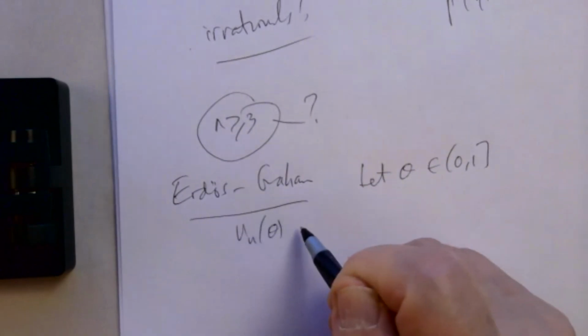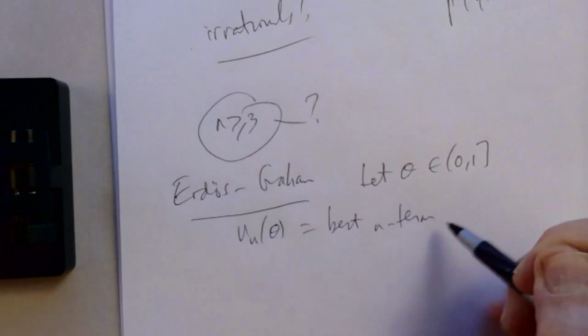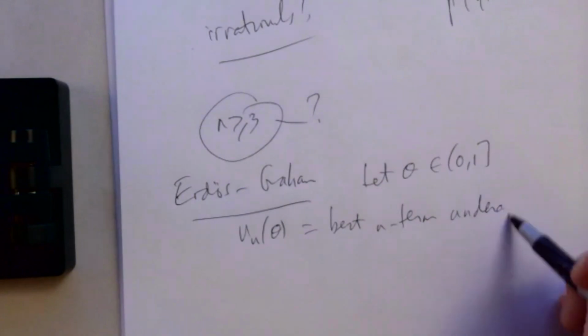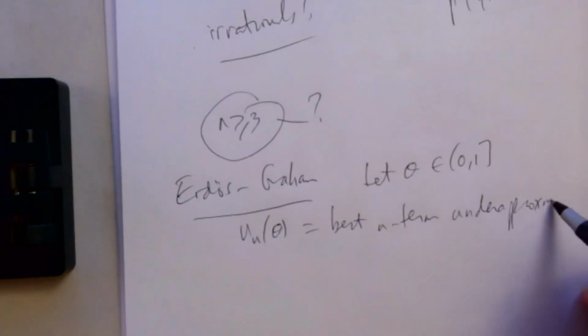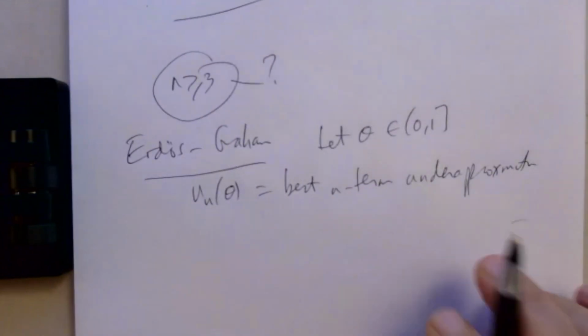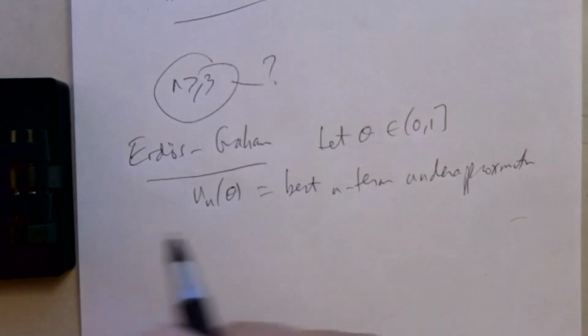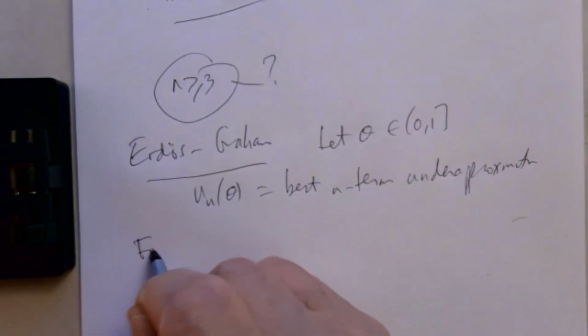So u_n of theta is always the best n-term under-approximation. So they state the following without a proof or a reference. It is, for all theta,